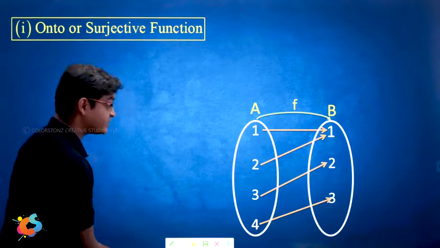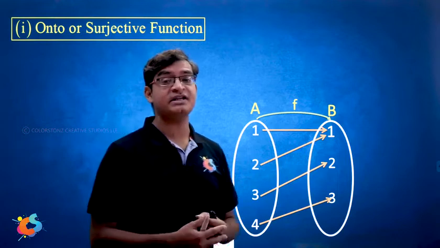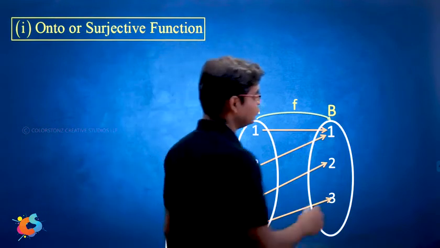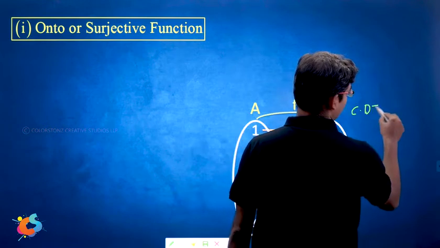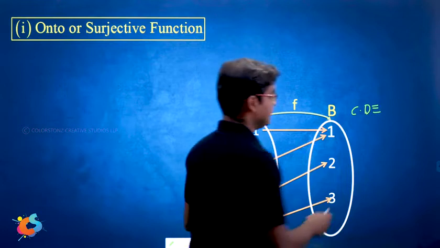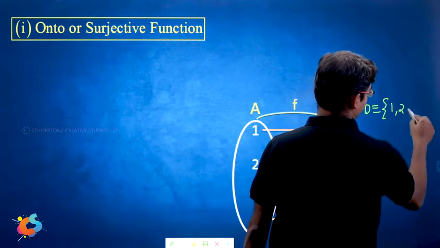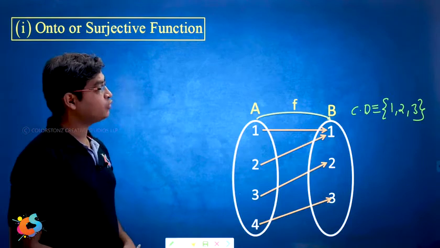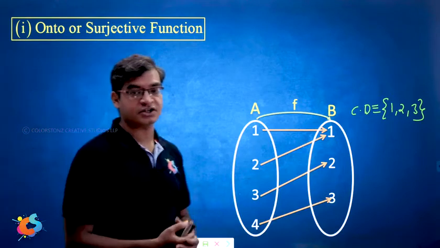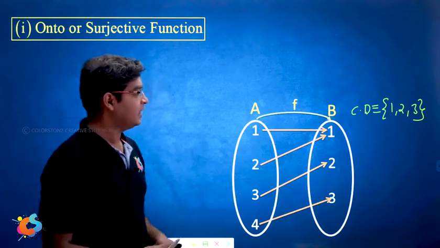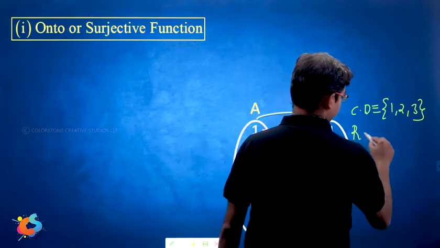Okay, so to decide if this function is onto function or not, we have to first write what is the codomain of the function. Codomain of the function is the second set, that is 1, 2, 3 or set B. Next, we have to decide on what is the range of the function. The range of the function is the set of all output values. Okay, so here range will be